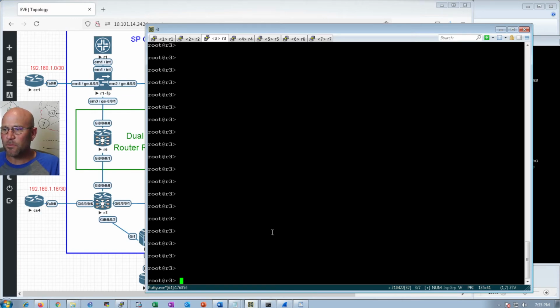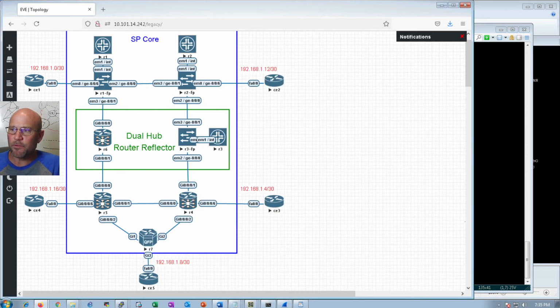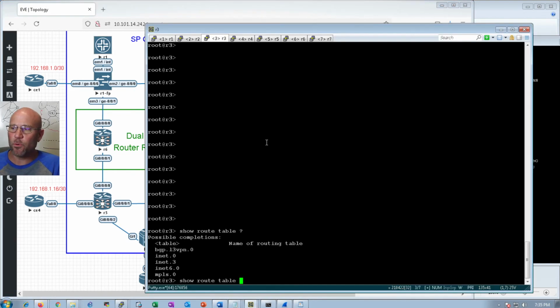Let's look closer at the route reflectors in Junos router 3. If we show route table, we do not have a VRF table because router 3 does not have a customer hanging off of it. There's no customer here. Therefore, we don't have to have a VRF IPv4 table, but we do have a BGP L3 VPN table, which is part of the route reflector